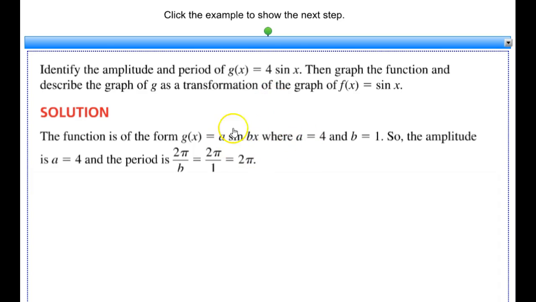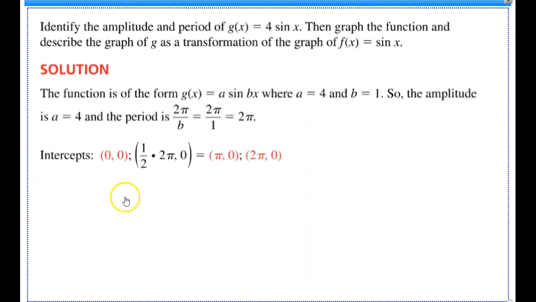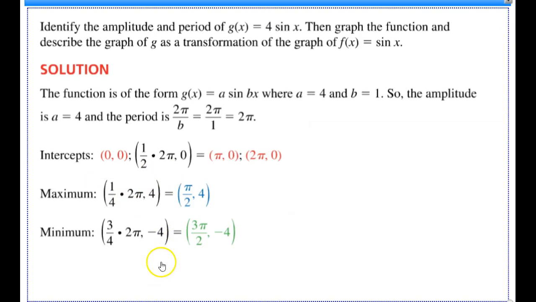So my a is going to be 4, right, because that's out in front. My b would be 1 because I don't have any number in here with this x, so my b is 1. So my amplitude is 4, and the period is 2 pi divided by b, which is 2 pi. So now I can still find my intercepts, and I can use this to help me graph things,